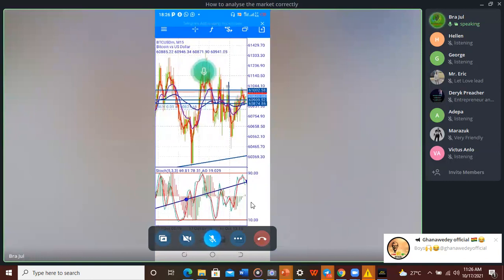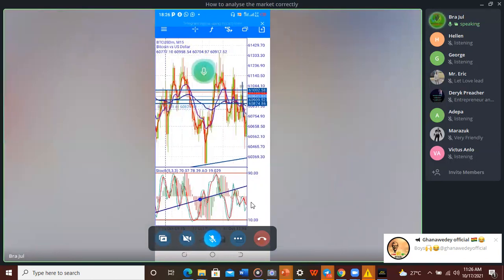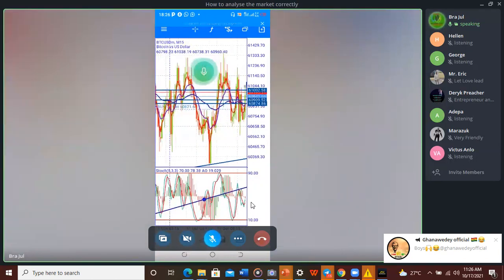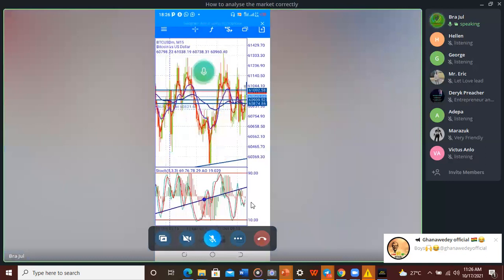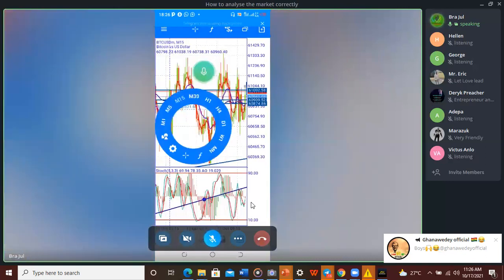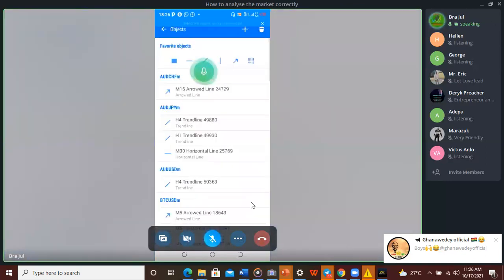I explain. A support zone is a zone where price was dropping and has actually supported for that first. That means that, okay, let me just give you a typical example on the 15 minutes time frame live on this particular channel. All right, so I'll choose my object, tap on the screen,